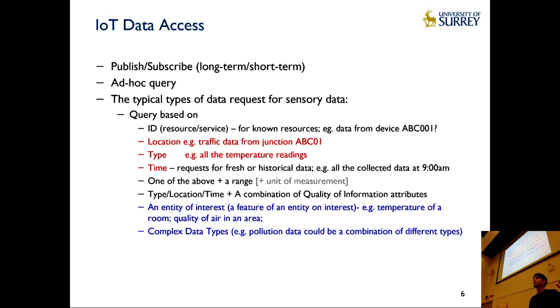On the internet and the web, we take it for granted. We have search engines. We can just open a common search engine and search for something, and usually they retrieve the pages, not really the information. Most of the current search engines are actually information locators. You search for University of Surrey and your search engine will return a list of pages which it thinks are related to University of Surrey, and it is up to you to click on those pages and open and read the information. In IoT, that paradigm is a bit different,